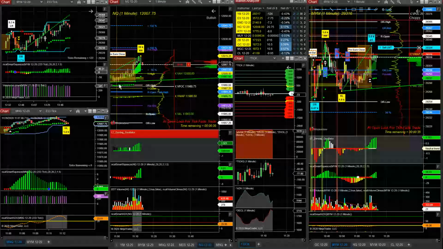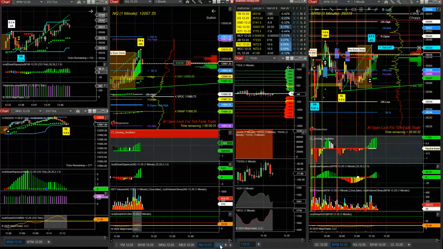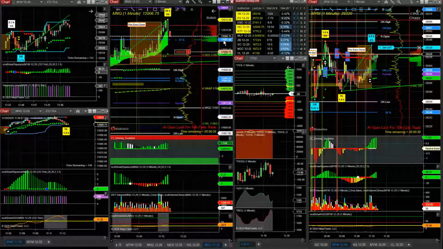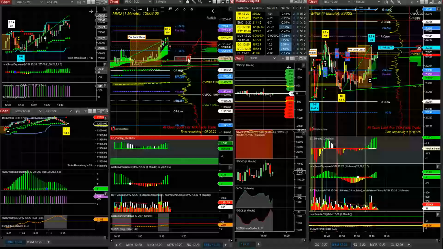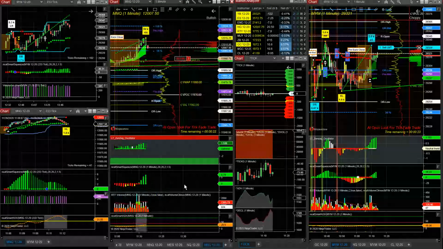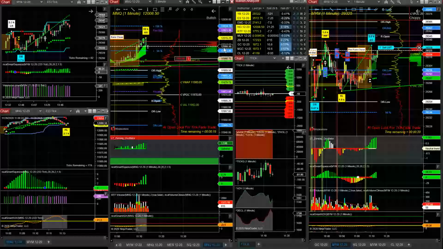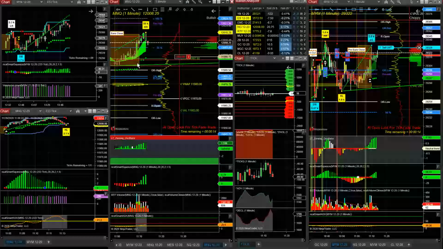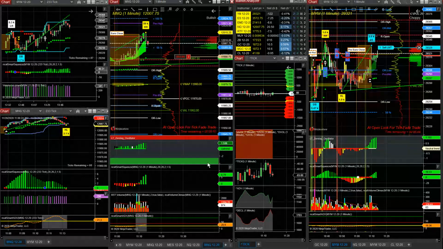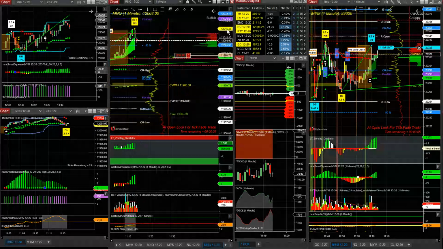Order filled. Okay, we see what happened here. We let him run. See what's happening here. He needs to come back. I'll add one more here, and maybe I'll get filled up here. So he comes back, breaks here, and then comes back to the value area. Same kind of setup that we had earlier. All right.